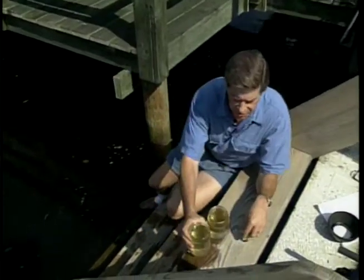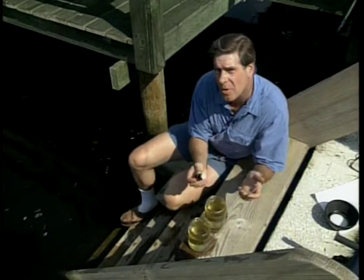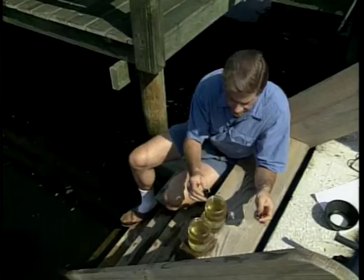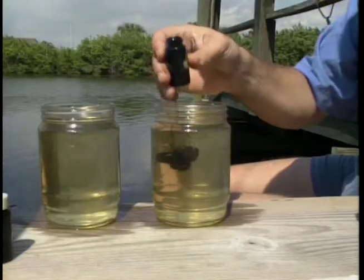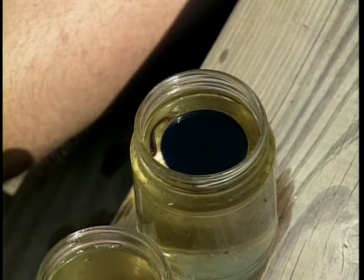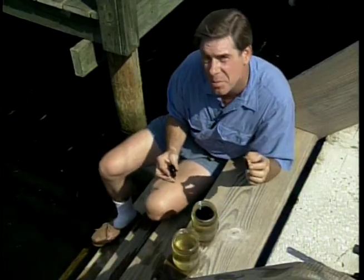This is number 6 fuel oil, the type that historically has been coming into the bay to fire our power plants and the like. Watch what happens when I pour it into this little bit of Tampa Bay. It floats. Like the old saying goes, oil and water don't mix. That's why we have a chance to clean up at least some oil spills with containment booms and skimmer boats,